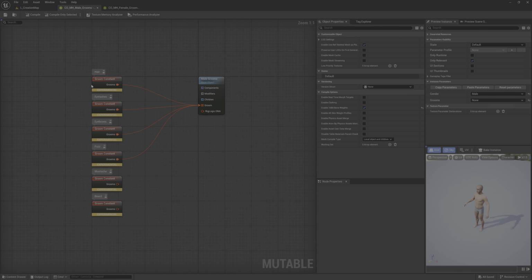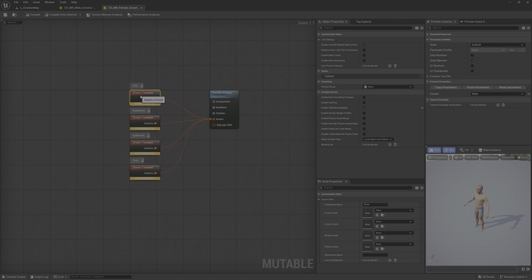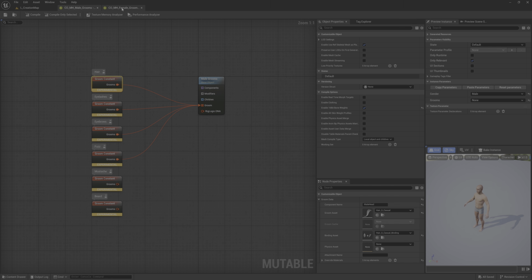So your homework will be to do the same that I did here in all the remaining grooms. Okay, not mustache and beard because I have no beards on Roy, but if you have one, the only thing that I want you to pay attention to is that the component name when you actually work with the female groom is not male head but female head. But that's your homework.